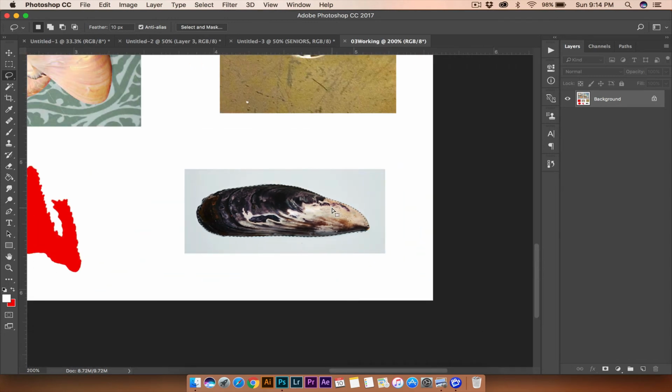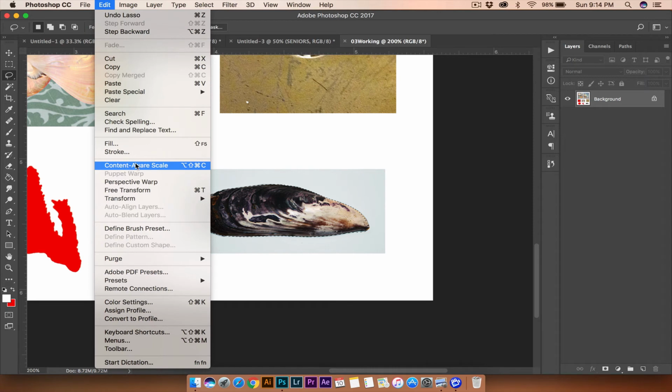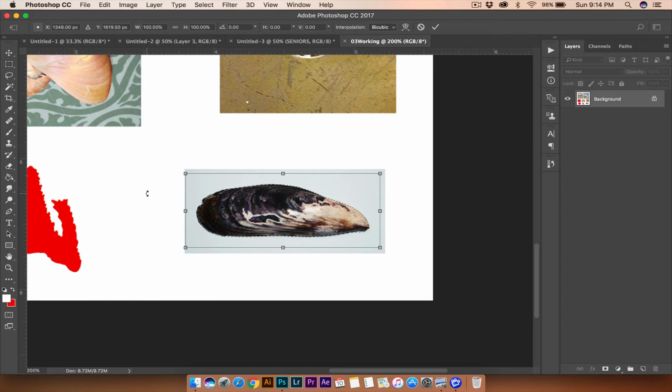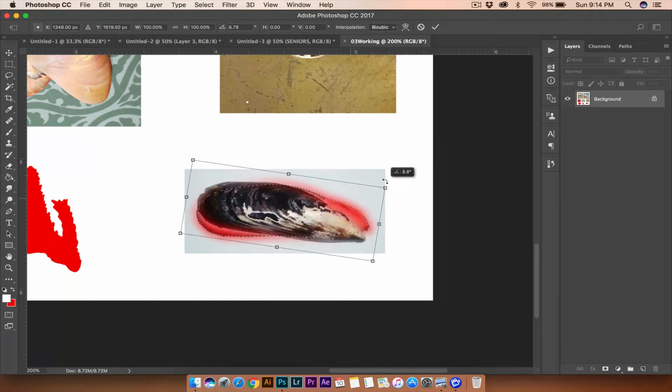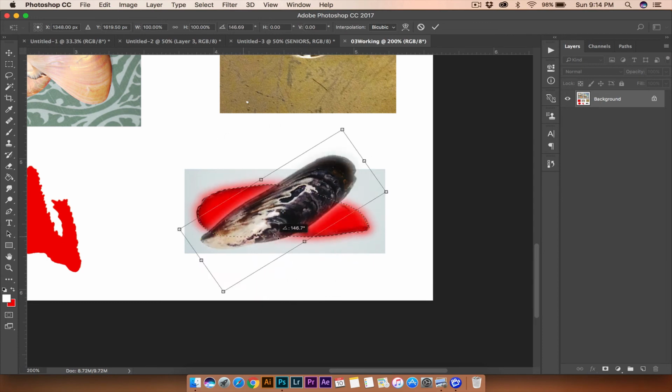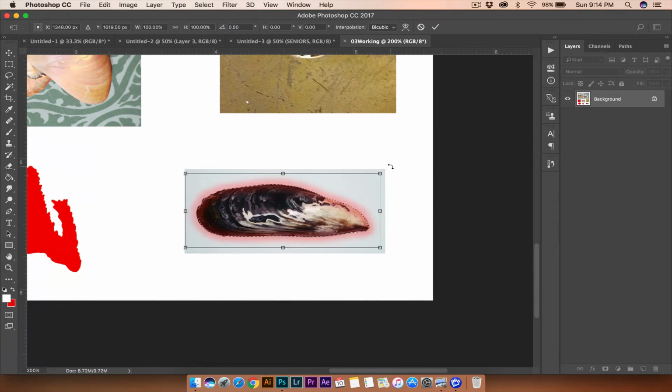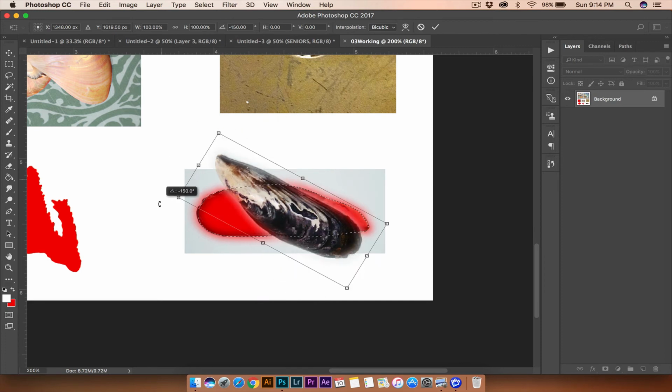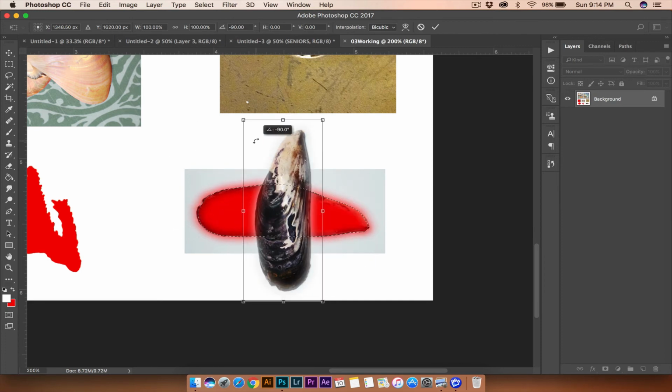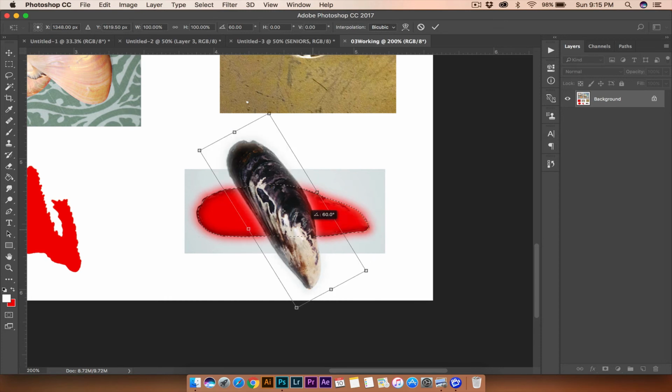The next thing we're going to do, heading on to the next step, is rotating our selection. The way we're going to do that is by going up to Edit, then Transform, Free Transform right here. One thing you want to keep in mind is to make sure that you're holding Shift while rotating. If you don't hold Shift, it'll just rotate however it wants to. But if you hold Shift, it'll lock into certain positions. And we want to do a complete 90-degree turn with this